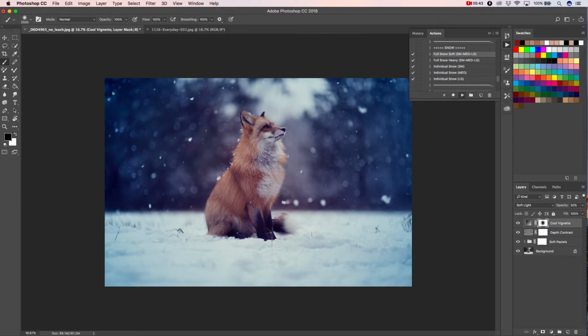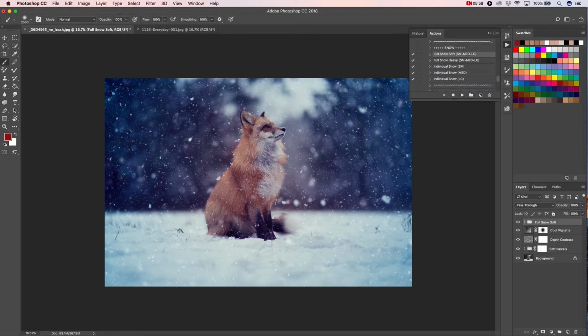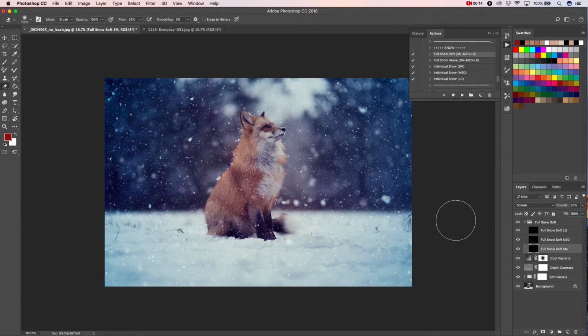Now there's a lot of information in this action, so we'll give it just a second to run, and there it is. Now if we open up the action group, you'll see these 3 layers of snow effects. What's amazing about this is each layer has a different representation of snowflakes. Some are large, some are small, some are blurry, and some are defined. Each layer we can either adjust or remove as we see fit, but I love this effect,